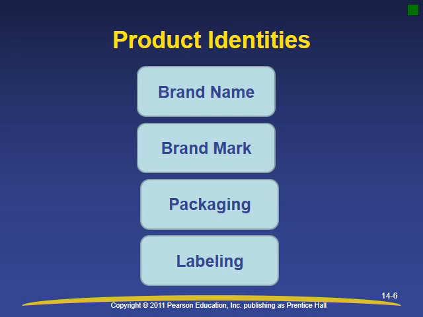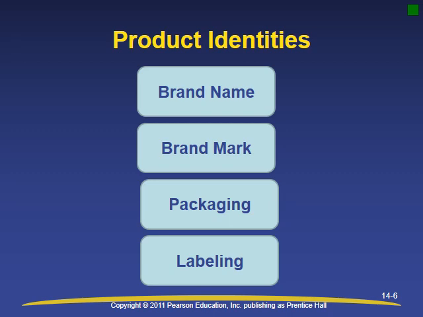Creating an identity for products is one of the most important decisions marketers make. That identity is encompassed in the brand, which can have meaning at 3 levels. The first is a unique name, symbol, or design that sets the product apart from those offered by competitors. The second are the legal protections afforded by a trademark and any relevant intellectual property, and the third is the overall company or organizational brand.